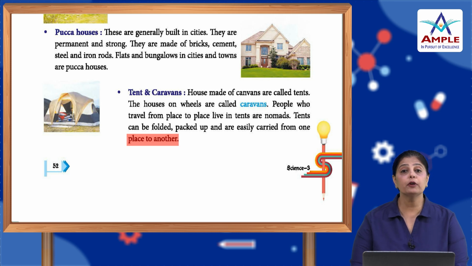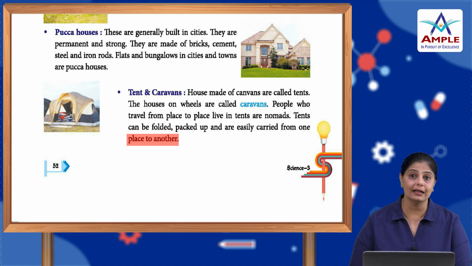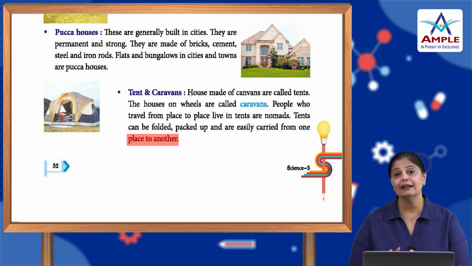Now these people also carry tents. So if they don't want to stay in the house, they make their own tents outside, and they stay there. Soldiers and army people generally live in tents because they cannot stay in one place for a longer time. They have to protect themselves from the enemy and our country. Alright. So these are the people who live in tents and they are generally called nomads. Okay, and there are people who live in caravans.